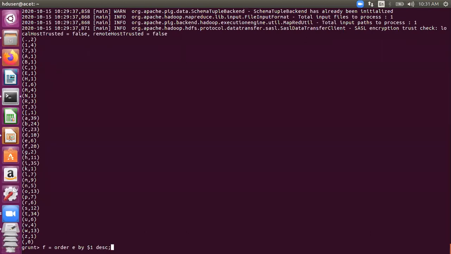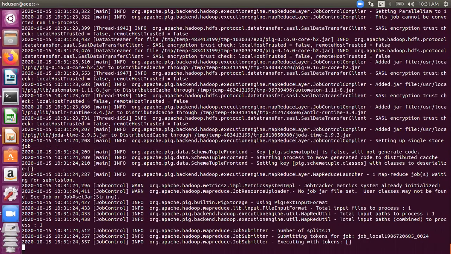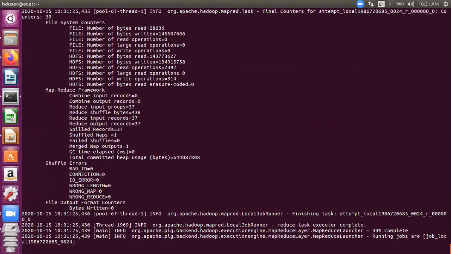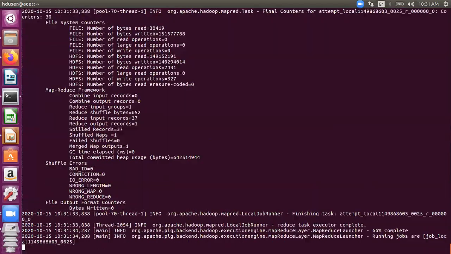So what will happen is that $1 is your second field. The first field is $0, D, 10. So D is $0, 10 is $1, like this. So if you just order it on $1 and in descending order, A39 will come at the top. Okay. So let's dump F and C. Ritika, stay with me. So you'll get it in ordered form now. You get the output in ordered form. So grouping is the expensive task, will take some more time.